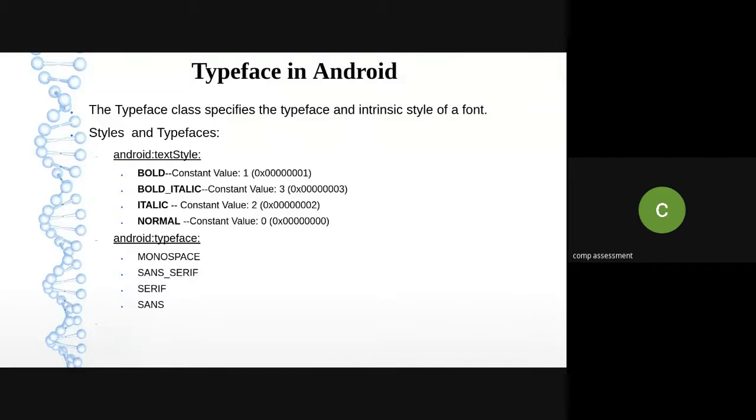If you are randomly using any typeface like Arial or Latin or something, and it is not supported with your Android Studio, that particular effect won't be given, or it might give you an error. So that's why I'm suggesting you check the typefaces which are supported with your Android Studio. So how will you find out how many typefaces are supported with your Android Studio?